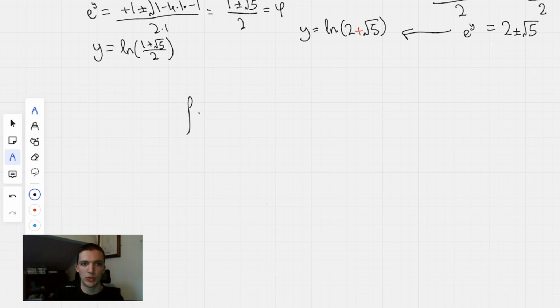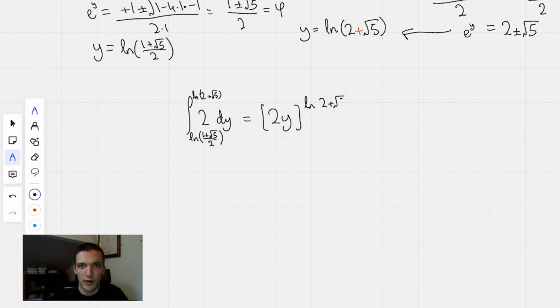Of course, the integral of 2 dy is just equal to 2y plus c, but when we're integrating within some bounds, we don't need the plus c. So that's 1 plus root 5 over 2, and that's ln of 2 plus root 5, just here. So that's going to be evaluated between ln 2 plus root 5 and ln 1 plus root 5 over 2, which is going to be 2 times the top thing, 2 ln 2 plus root 5, minus 2 ln 1